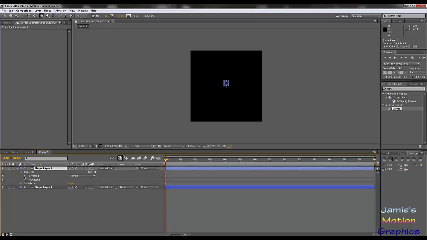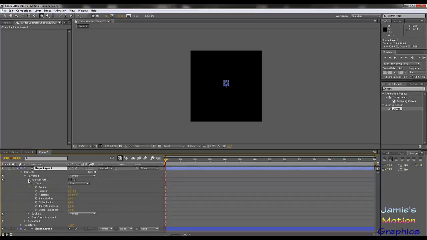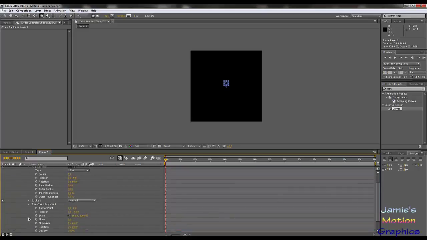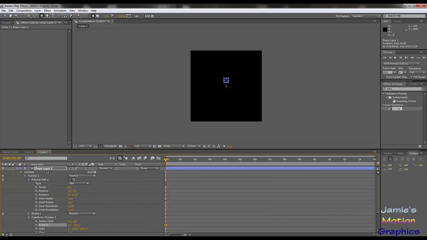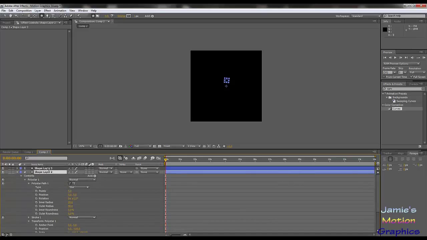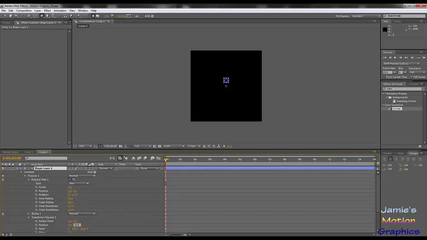So what we're going to do is pick up our polystar here, and our polystar will be, hang on, where are you? Over here, yes. So minus 50 is going to be minus 100. Then we're going to duplicate it. And now I'm going to pick up layer number 2, put it above layer number 3 because it's already open and I don't have to open it all the way then. So this one, duplicate,